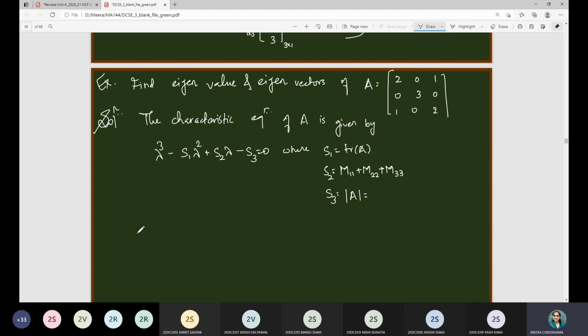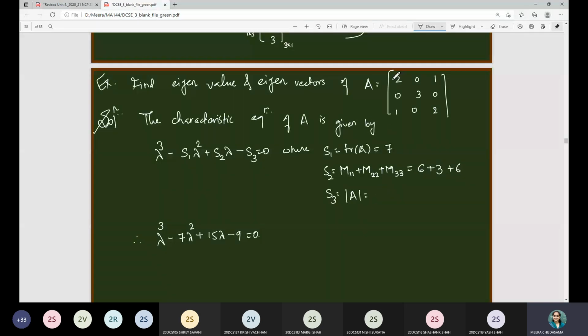Anyone having this characteristic equation? Lambda cube minus 7 lambda square plus 15 lambda minus 9 equal to 0. Very good. That is the correct one. Actually, it is from this trace of A that you can see 5 plus 2, that is 7. Here if you see M11 means it will be 6. Then when you consider M22, that corresponds to 4 minus 1, that is it is 3, right? And M33, that is it is 6 minus 0, so it is 15.